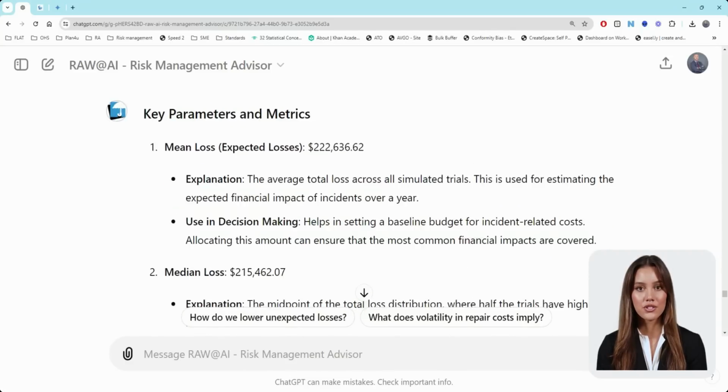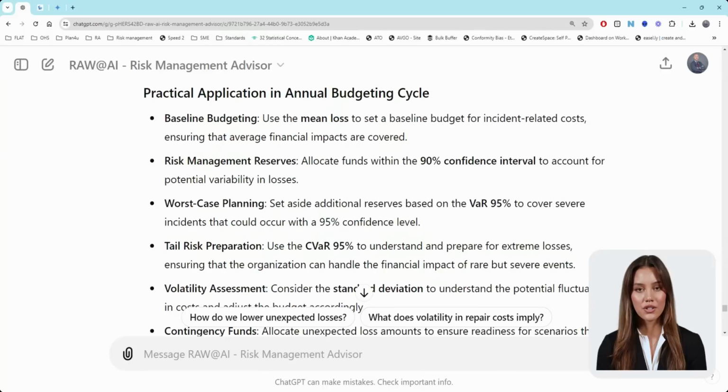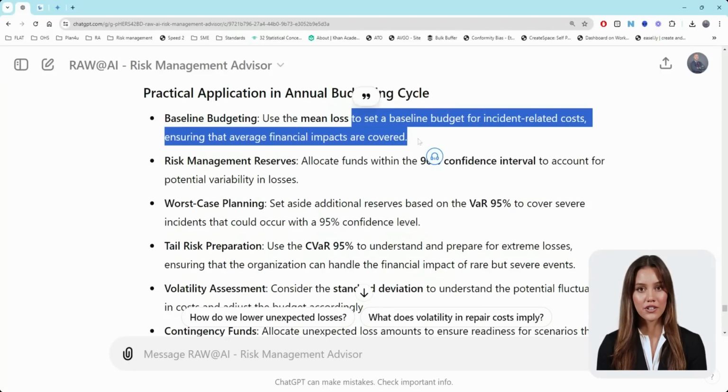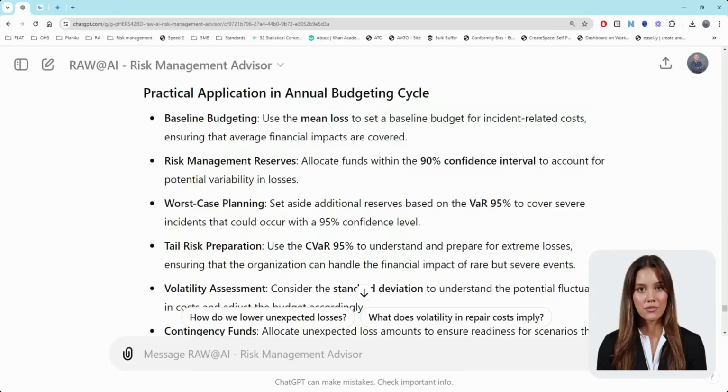It says to use the average loss, $222,000 in this case, to set a baseline budget for incident-related costs, ensuring no surprises at the end of the year. This covers expected incidents. This baseline is useful for deciding how much to spend on mitigations and evaluating how effective different mitigation techniques, such as preventative maintenance, will be in reducing expected losses. Expected losses serve as a baseline. If the cost of mitigation plus the recalculated expected losses is lower than the current expected losses of $222,000, the mitigation is worthwhile and should be implemented.